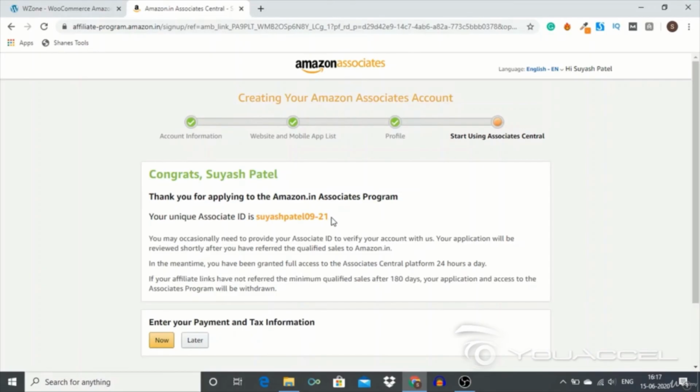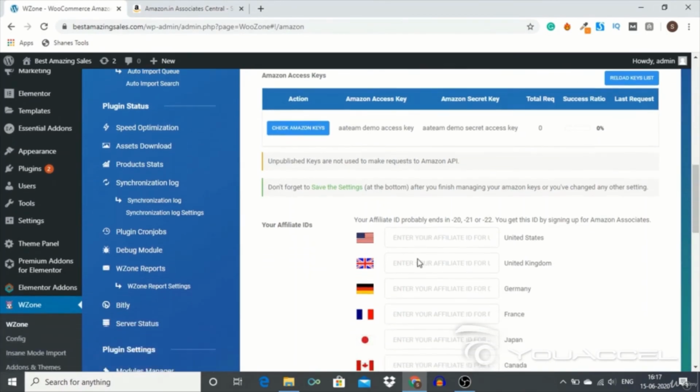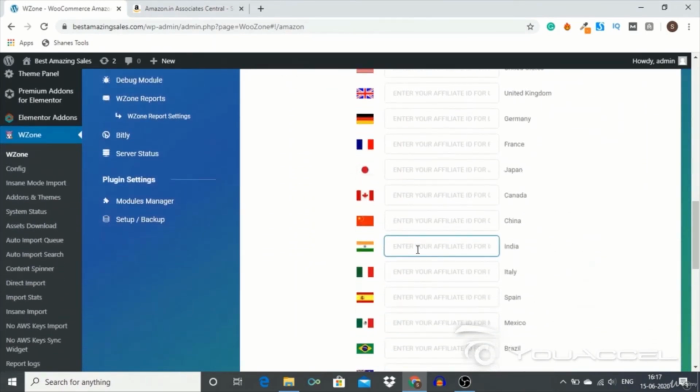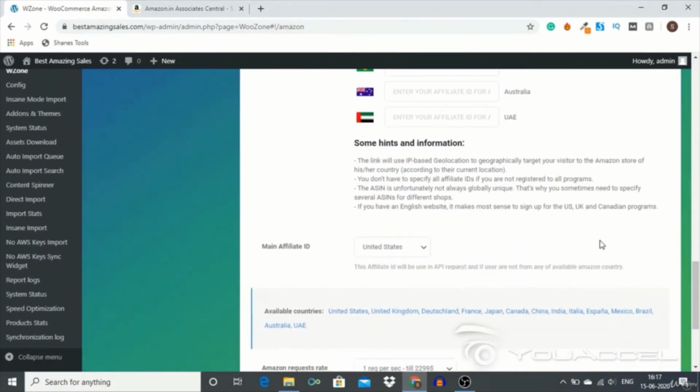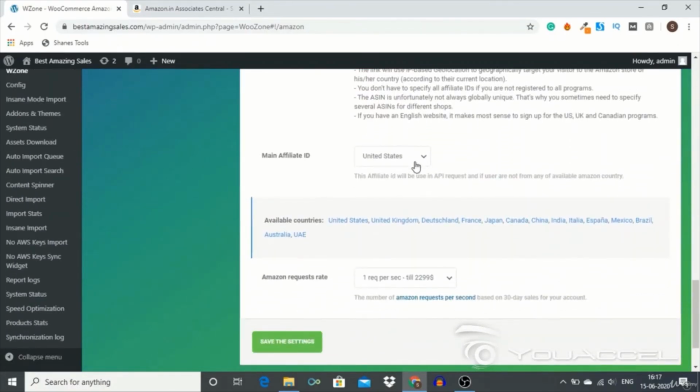So now you can just copy this ID, and you have to go here and paste it in front of your country name. Like mine is India, so in front of India I just gave my Amazon Associates ID,